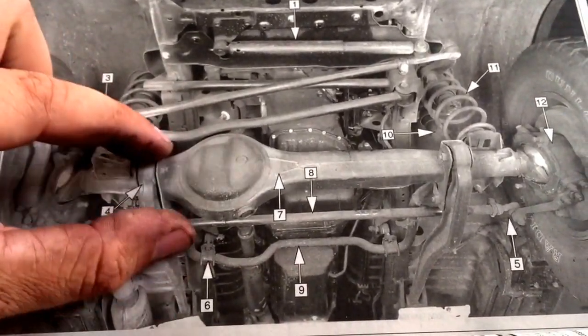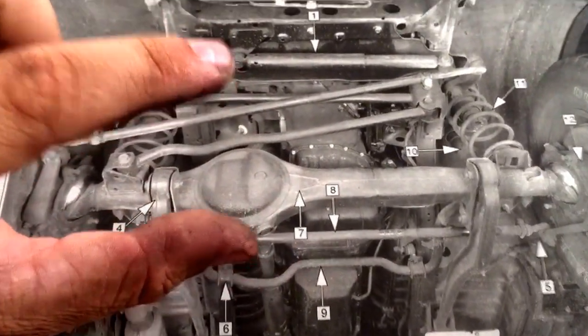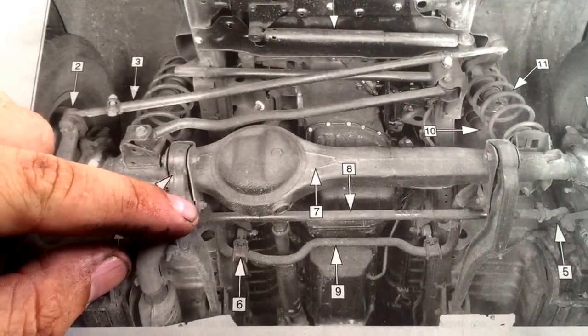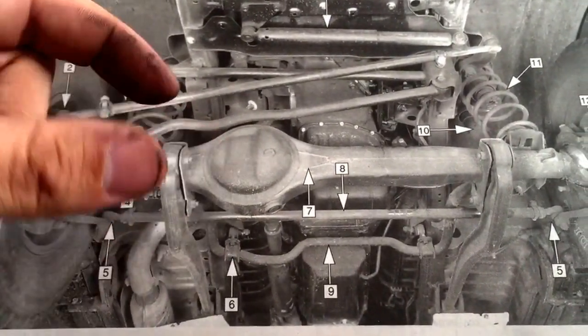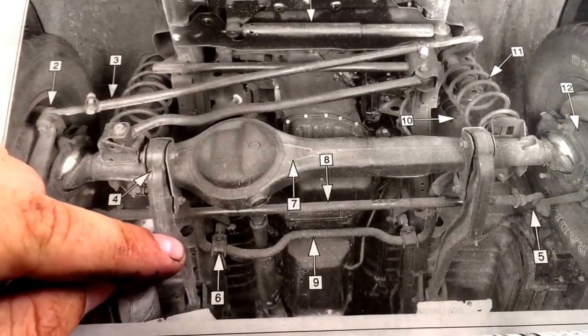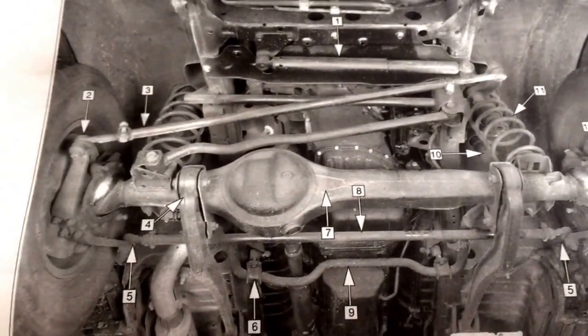So as you lift it, these two bushings throw the axle caster out of alignment. So you have to either space this bushing down, twisting the axle, or you can put bushings in that change the angle of the arm. So we'll go over those different options. And then,